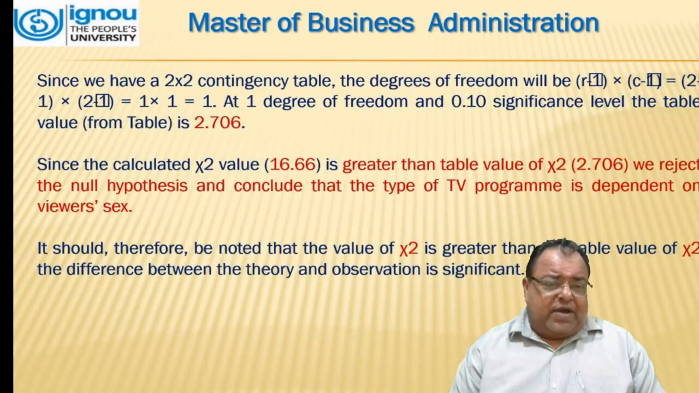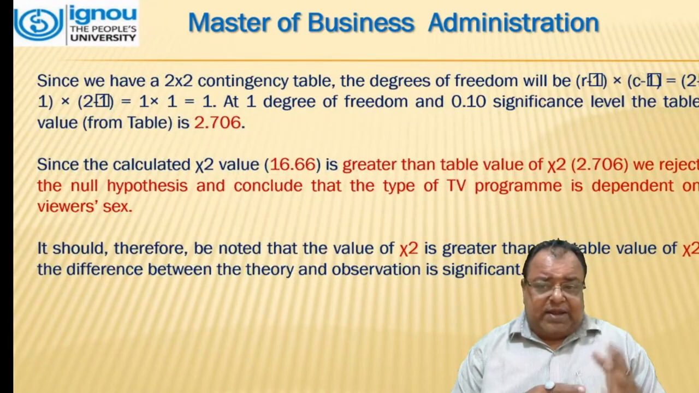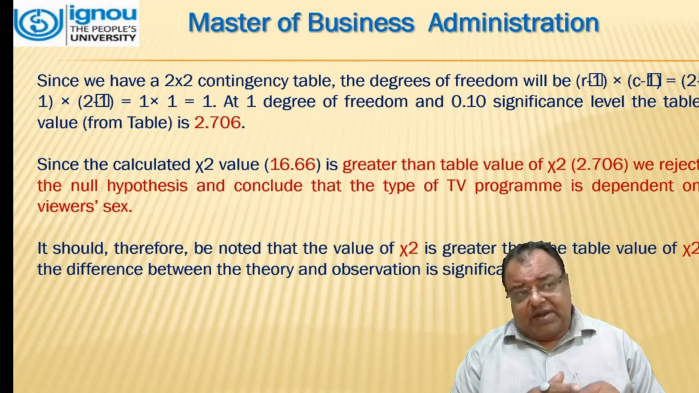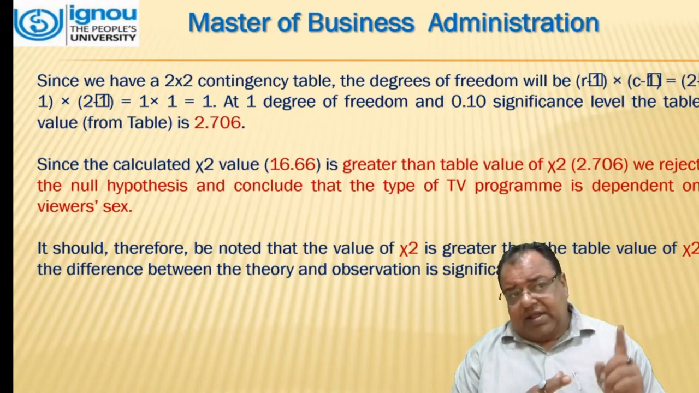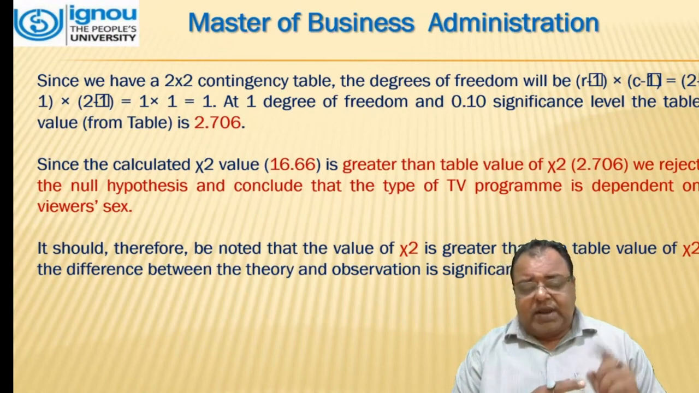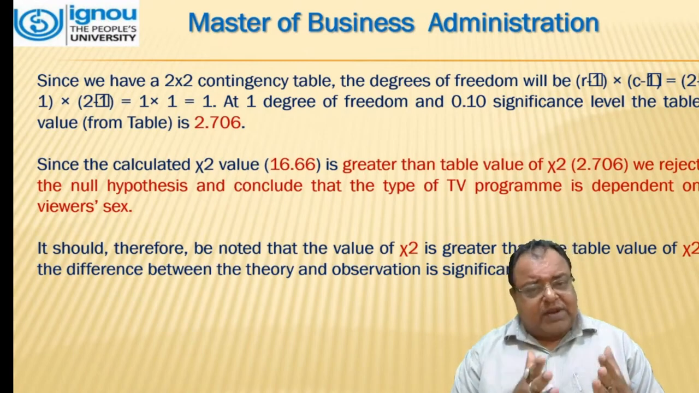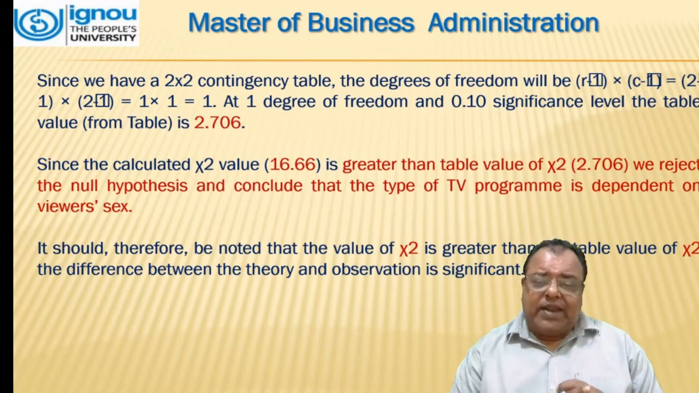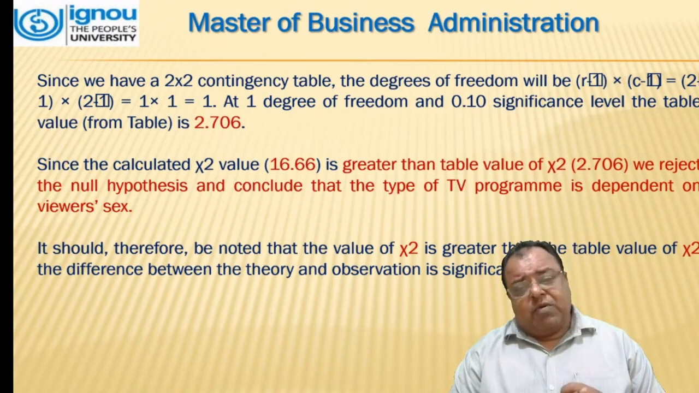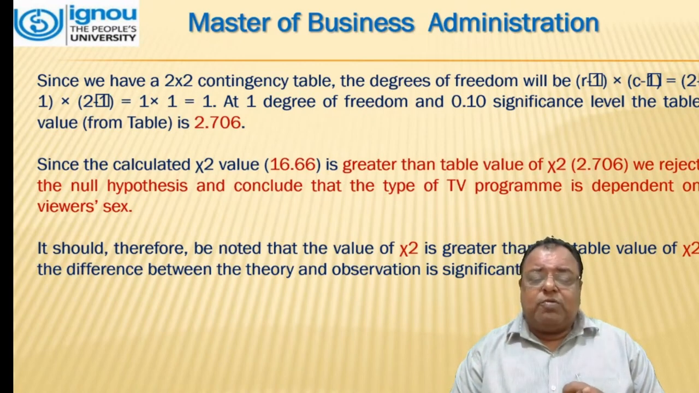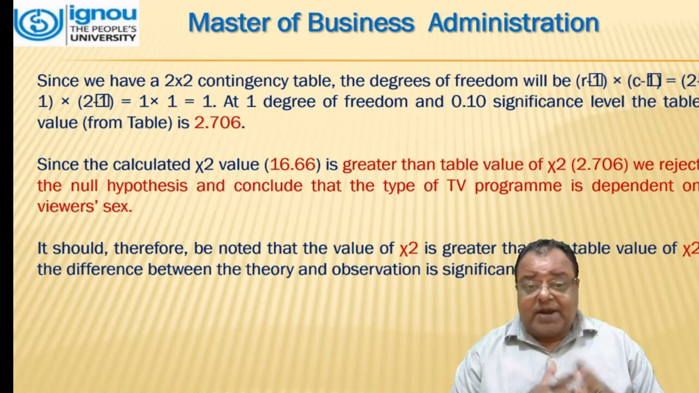We have a 2 by 2 contingency table. The degree of freedom is (rows minus 1) into (columns minus 1). We were having 2 rows, 2 minus 1 is 1. And again for columns we have 2 minus 1, that is 1. That means we have 1 degree of freedom, and at 0.10 significance level, the tabular value is 2.706. And our calculated value is